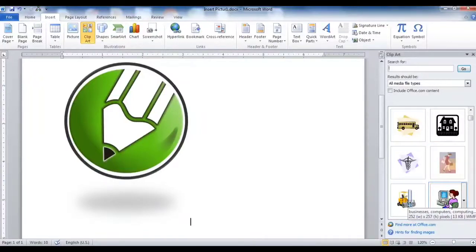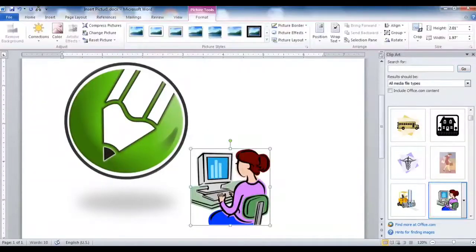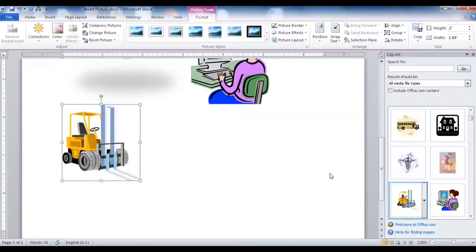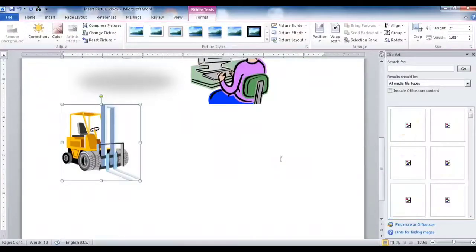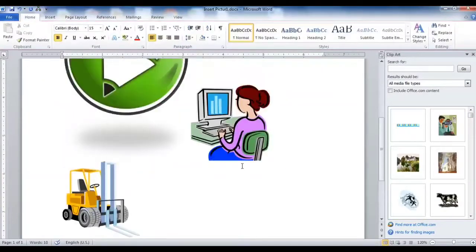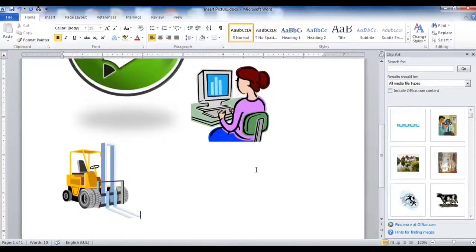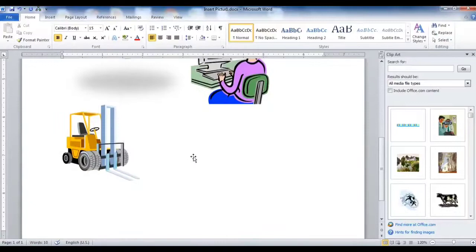Whatever you want, just select it and it will come. This way, from here also you can resize or reshape the picture, as we can do with the picture. The same we can do with the clip art. We can also resize the clip art.